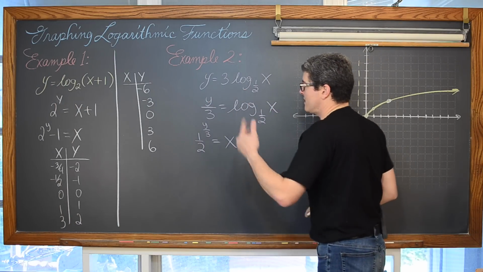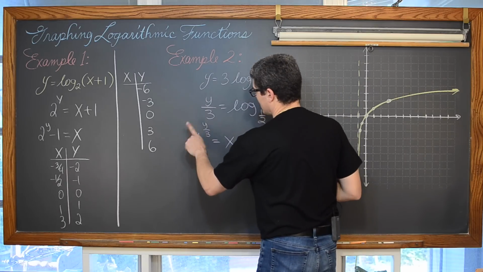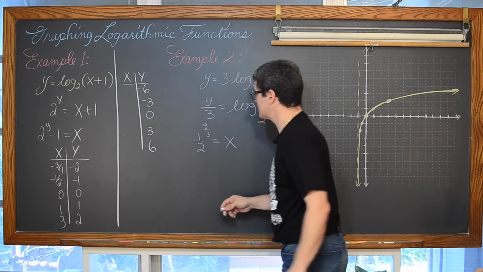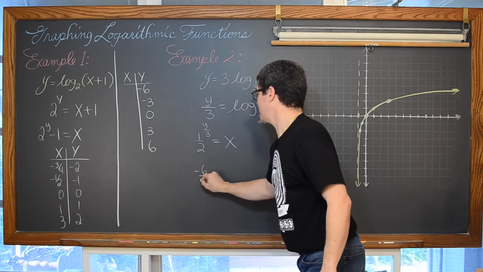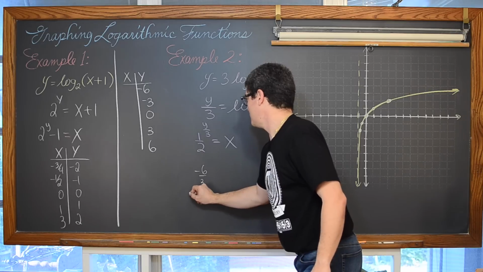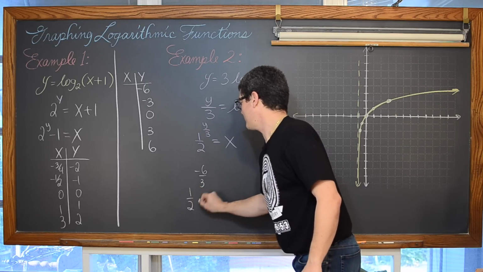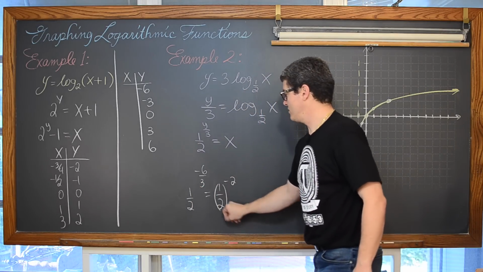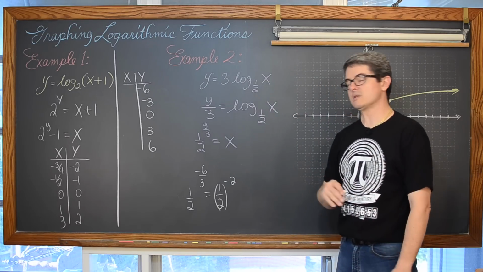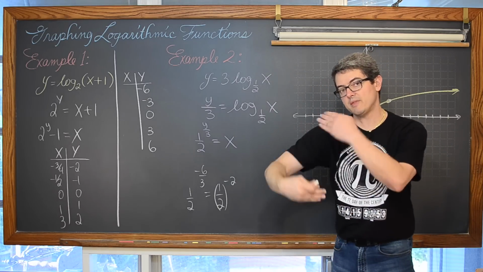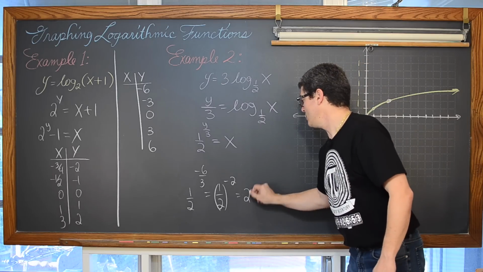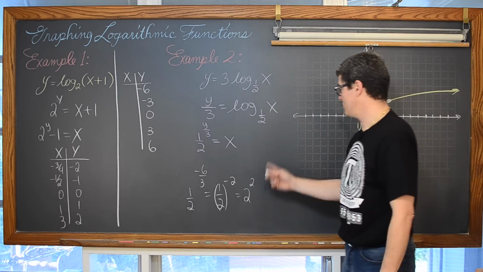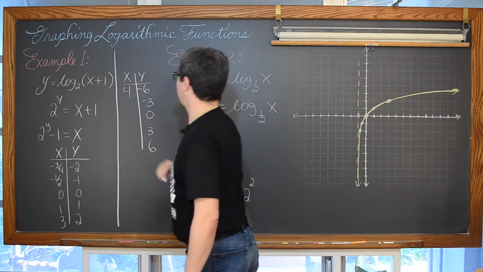Let's get the negatives out of the way first. We're going to have -6. So -6 divided by 3 is going to be a power of -2, that's 1/2 to the -2. If you want to rewrite your base so it does not have a negative exponent, you flip that base. So we're going to have 2 to the +2 power, and 2 squared is equal to 4.